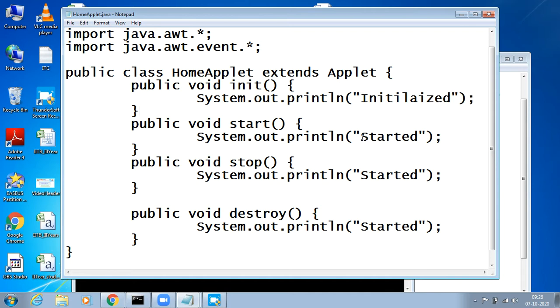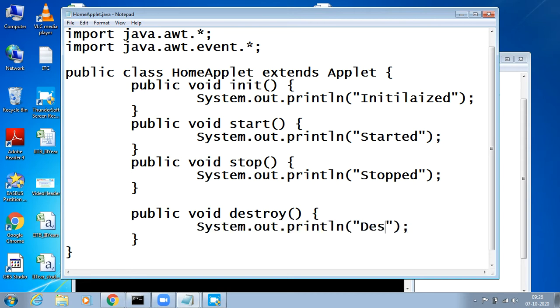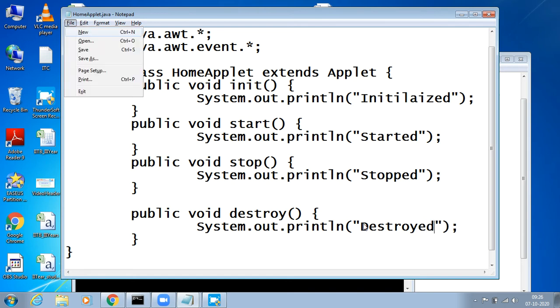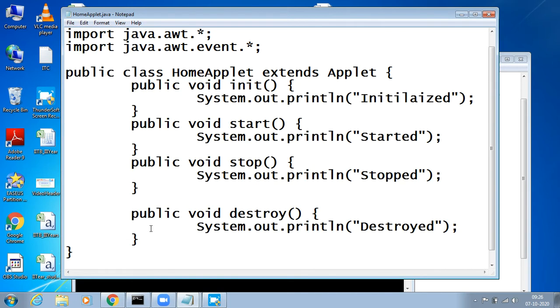Initialized. This is started. This is stopped, and this is destroyed. Okay, these are 4 different kinds of methods we have in applet. Whenever we initialize, start, stop, destroy, we can find all these methods.